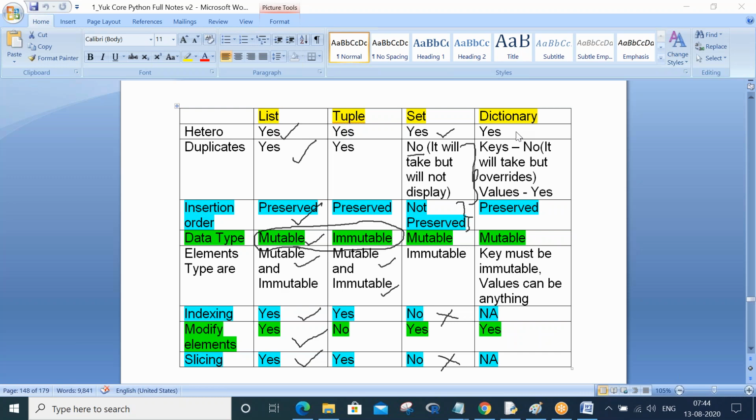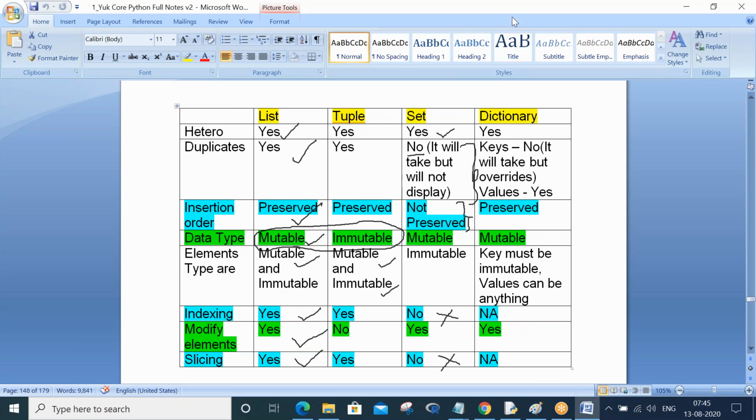That is obvious. In terms of duplicates, you see I have described here. For keys, duplicates are not possible. It will take but overwrites. Try to understand: it will take but overwrites.